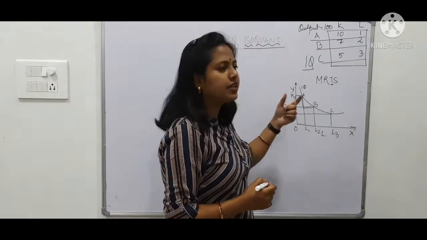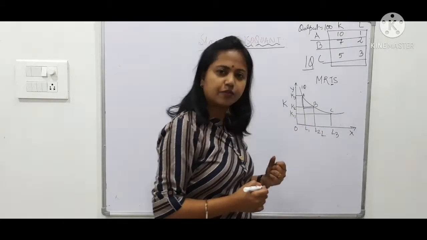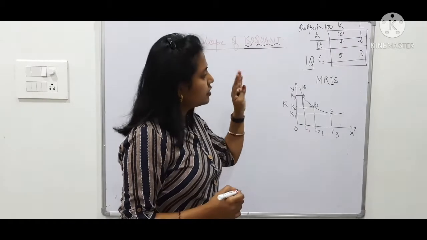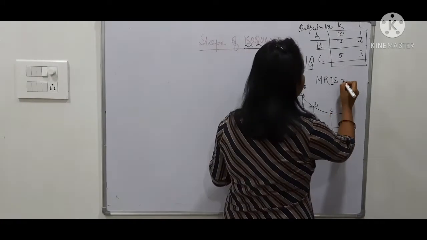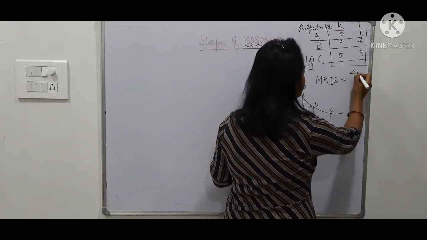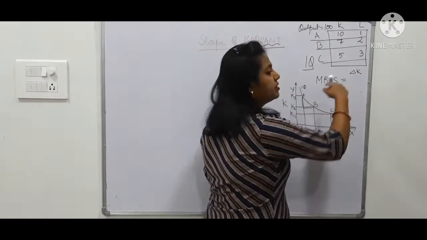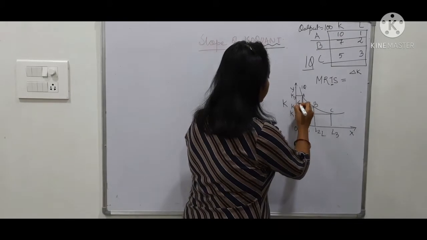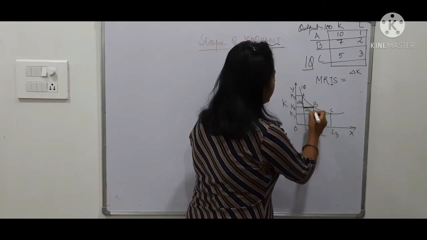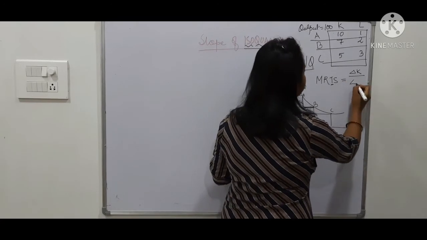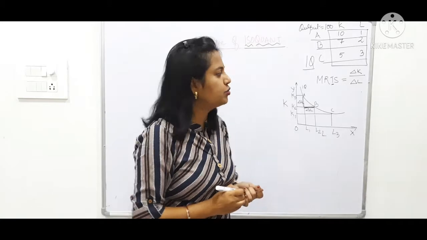So we are mainly shifting the technology from capital intensive to labor intensive. Okay. So this marginal rate of technical substitution is nothing but how much I am changing capital. Change in capital. Delta means change. This is delta K. And how much I am changing labor. This is delta L. So delta K by delta L happens to be the marginal rate of technical substitution, and